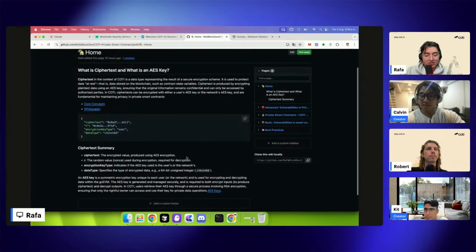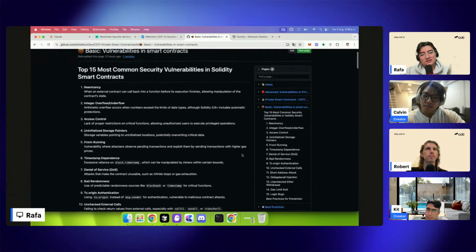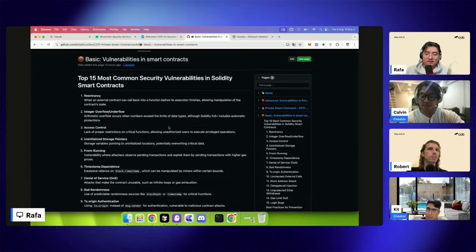Just because we're going to check it for the next topic. So if we go for the basics, I also created this page where we will find the top 15 most common security vulnerabilities in Solidity smart contracts. So this is for public smart contracts. These vulnerabilities can be found in public smart contracts like in Ethereum or